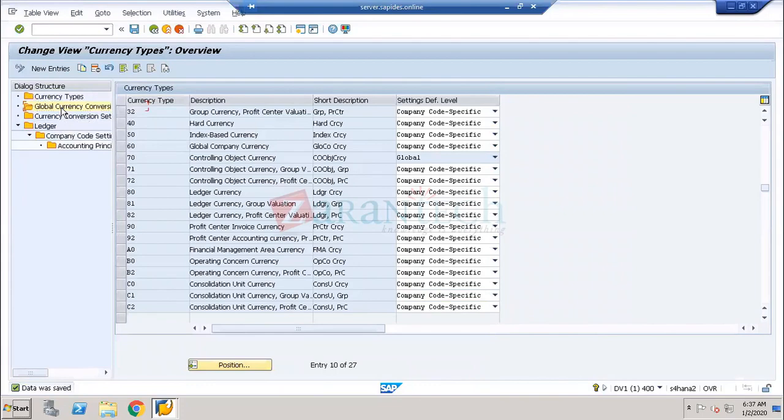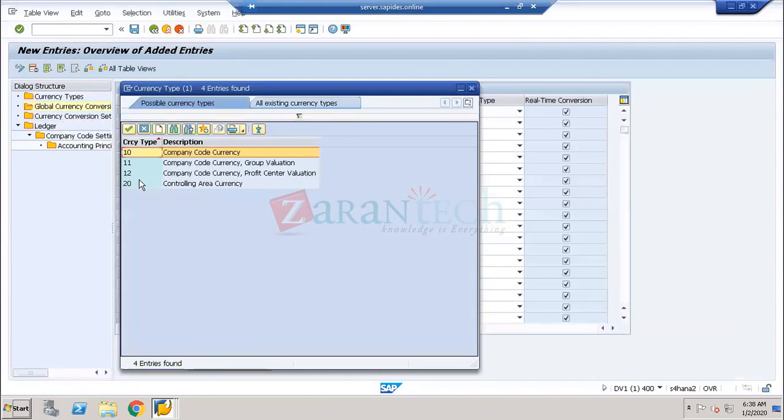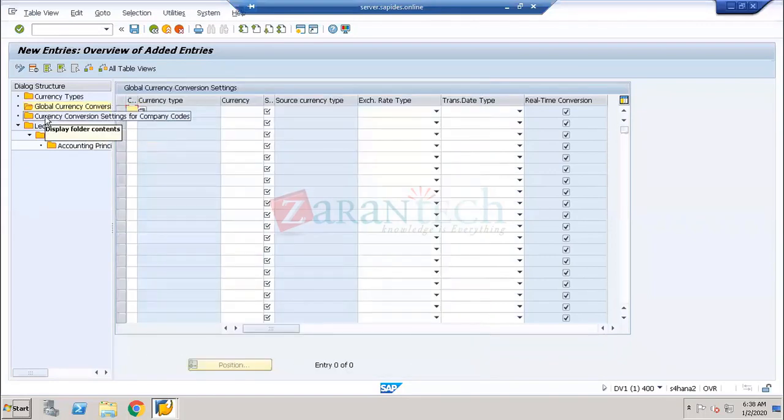Now again I'll go to the global. Now if I look, it should not show in the global. See, where is C1? Now C1 is not displaying in the global. Why? Because it is company code specific. Where is the company code specific? Here. So here, when you come to the currency conversion settings for the company code,